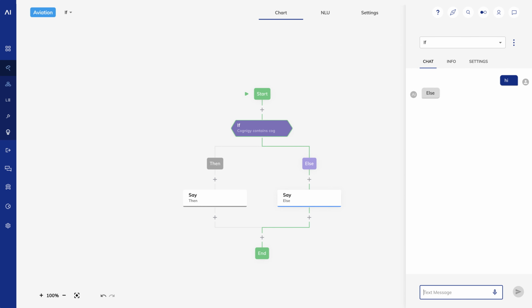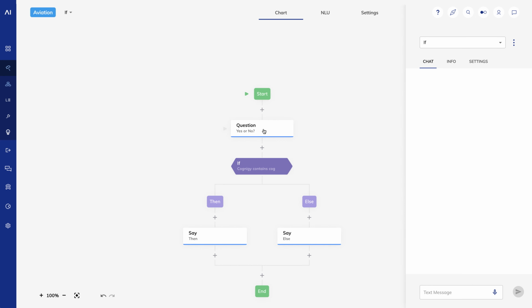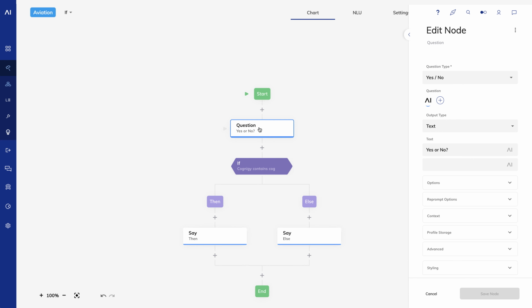Let's look at some practical examples. To start the flow, I'll add a question node and make it a yes/no question. Is it raining outside?